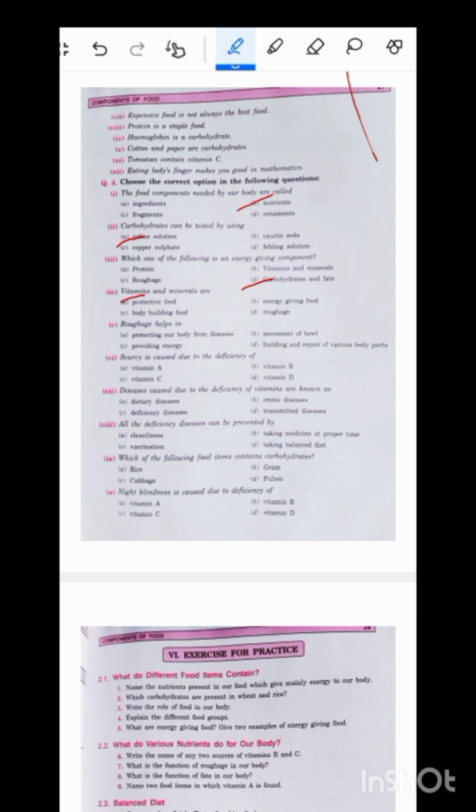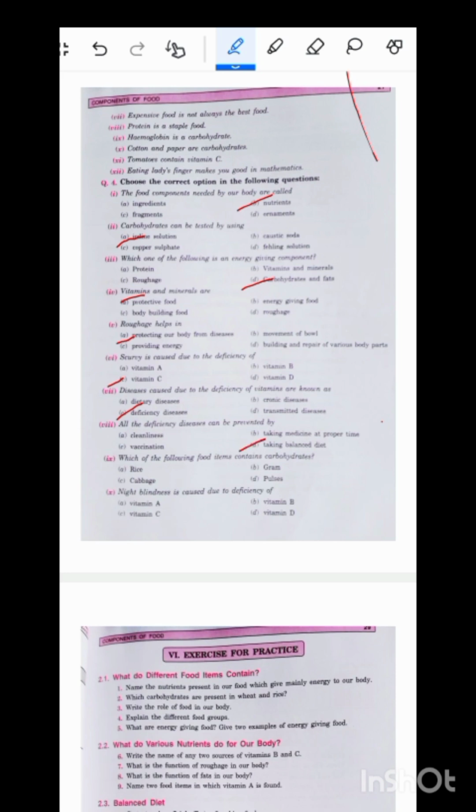Roughage helps in protecting our body from diseases, movement of bowel, providing energy and building our body, repair of various body parts. So option A, protecting the body from diseases. Scurvy is caused due to deficiency of vitamin A, vitamin B, vitamin C or vitamin D. Option C, vitamin C. Diseases caused due to deficiency of vitamins are known as deficiency diseases. Option C, deficiency diseases. All the deficiency diseases can be prevented by